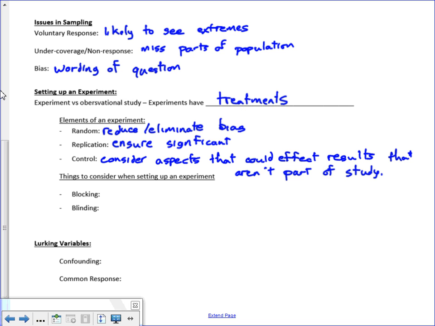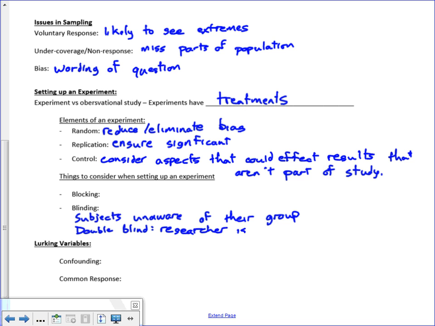Another thing is blinding, and basically what we're looking at there is subjects would be unaware of their group. Are they getting the placebo? Are they getting the treatment? And that's important because obviously if somebody knows they're getting the placebo, they're probably not going to take it. Double blind means that the researcher also is unaware. So somebody knows who's getting placebo and who's getting the drug, and eventually the researcher will find out. But this could be important. Like I said, the doctor example, if the doctor knows he's giving someone the placebo, it might affect how the